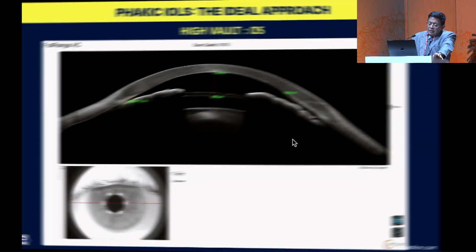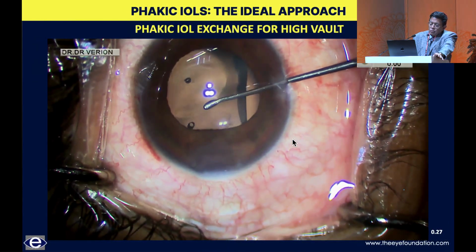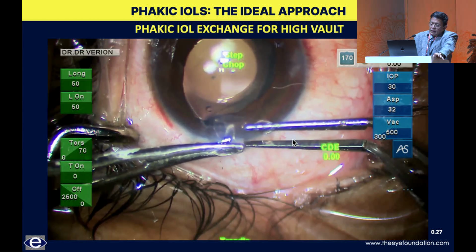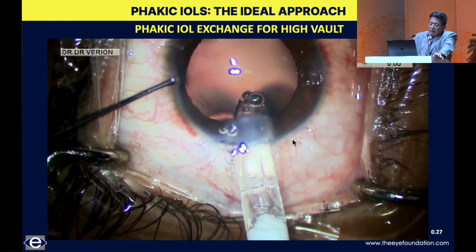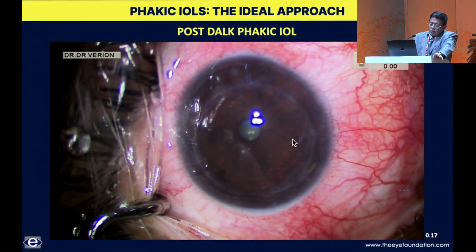As you can see here, this is a high vault in the two eyes, and when it comes to an exchange, all I have to do is to bring the lens out like this, and just bring one of the haptics out, and subsequently with a hand over hand technique, just get the lens out, and a lens which has been undersized is going in, and that's a fairly routine surgery. You can also use